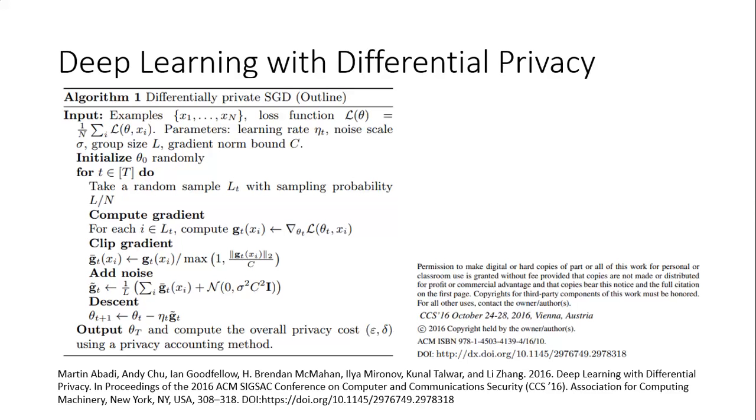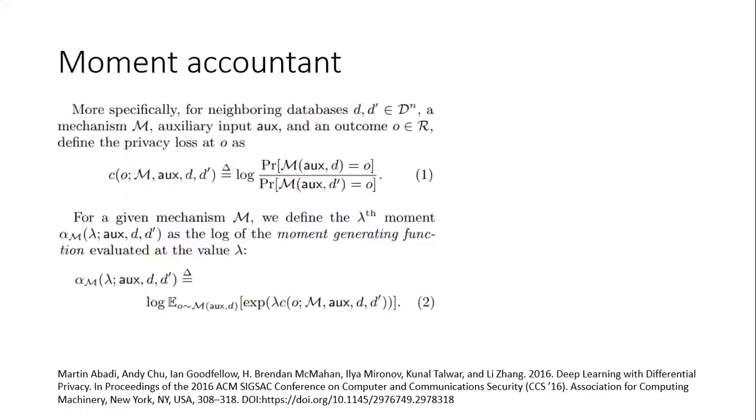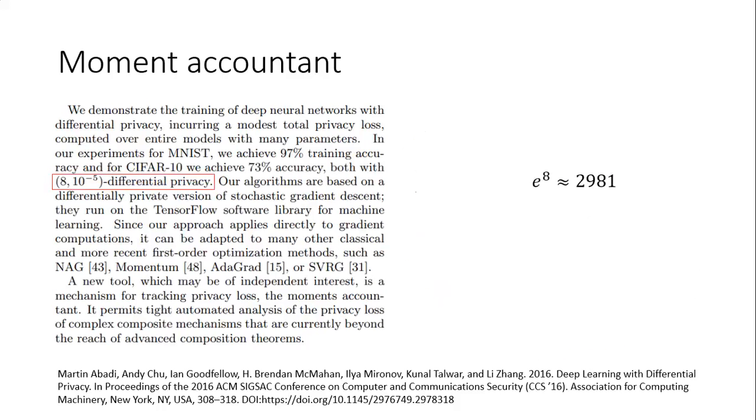Yeah, the output is the weights associated with your neural network. So the probability of these outputs on two adjacent databases wouldn't change by much. Although, again, I say by much, but strangely to me, in this example, at the end, in their technique, their epsilon is 8. E to the 8 is about 3,000. So the probability of an output on two databases that only differ on a single row could change by almost 3,000.